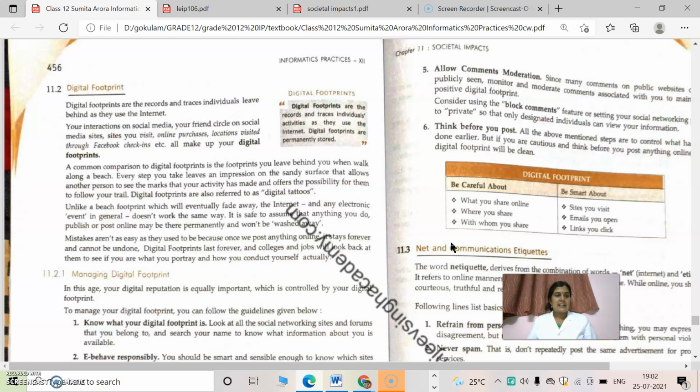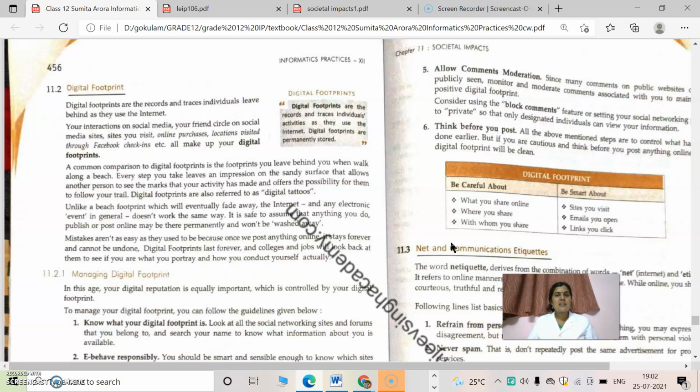We interact in social media in many ways, and sometimes we can see in Facebook that if we visited some theater, it will be displayed. We can share it. So some footprints are there, like locations visited. We are using check-ins in Facebook. By using check-ins, information such as which hotel we stayed in and which film we went to is stored, and other people who follow us can see this information. So these are digital footprints.